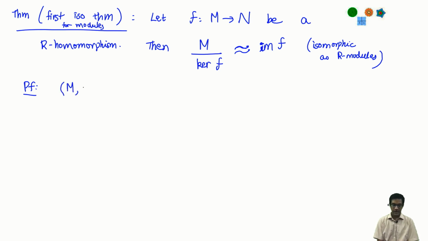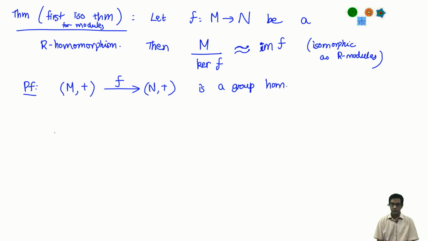Let's forget the fact that M and N are modules for the moment. Think of them only as groups. They have an underlying additive group structure. So think of M and N as additive groups, and recall that a module homomorphism is in particular a group homomorphism. The first axiom just says that f of x plus y is fx plus fy. So I can think of this map F firstly as being a group homomorphism between the underlying abelian groups.